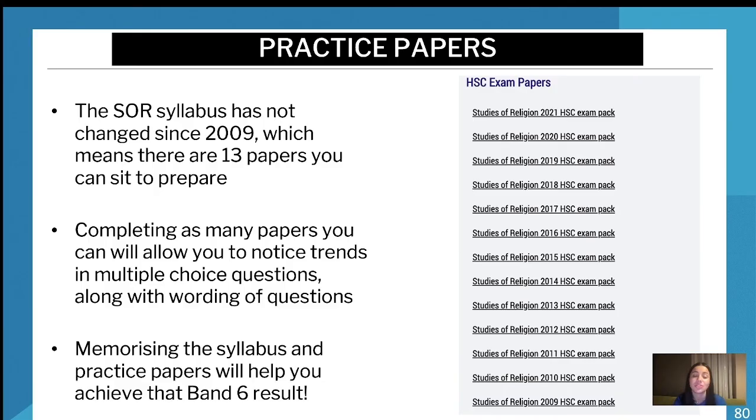But I really promise you it's just in your best interest for timing, but especially within SOR. In other subjects when it's still relatively new, it's not as effective. But in SOR, you guys can see all of these past exams, and naturally questions are going to repeat. So you will get a better mark the more that you expose yourself to and the more that you practice.